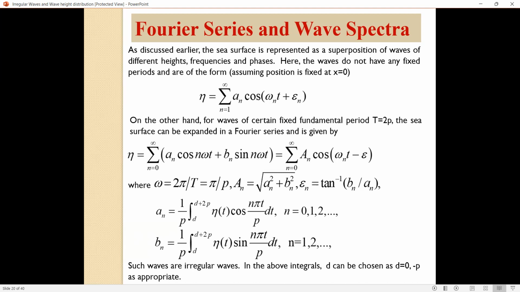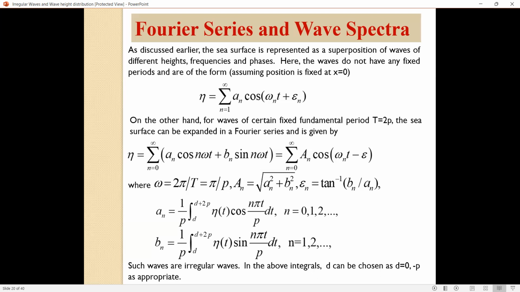And this second form of η I can always write in terms of a_n cos ωt plus b_n sin ωt. If I say ω is 2πn by T, that means the wave is periodic in nature with period T, and then this will give me the Fourier series. I started with a wave profile and I come to your Fourier series. That is the way you first write the Fourier series. But an engineer thinks of a wave profile; the same concept is there, but it is nothing but a Fourier series.